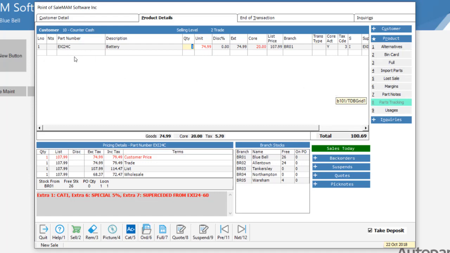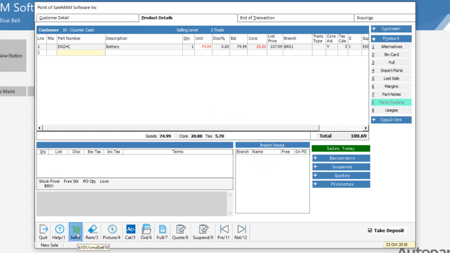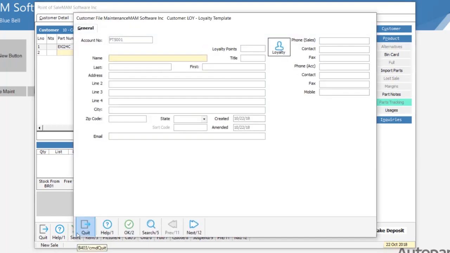If we have any products within the grid that are flagged for parts tracking or purchase tracking, the system will highlight this option. The difference will be at the point that I hit sell, the system's going to pop a little screen up and it's going to ask me to enter certain pieces of information. So if I just enter the customer name,